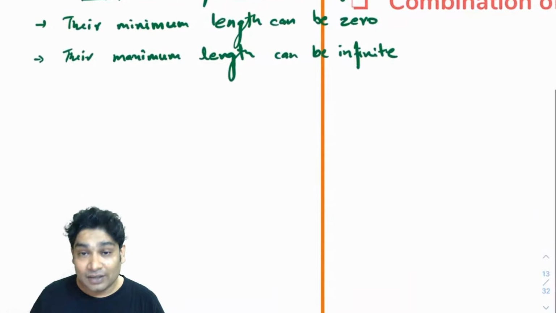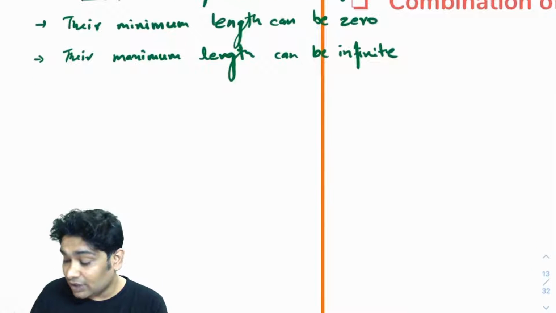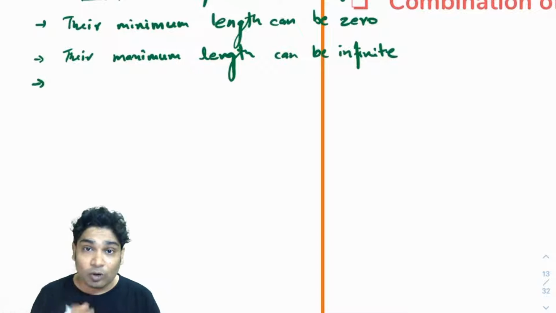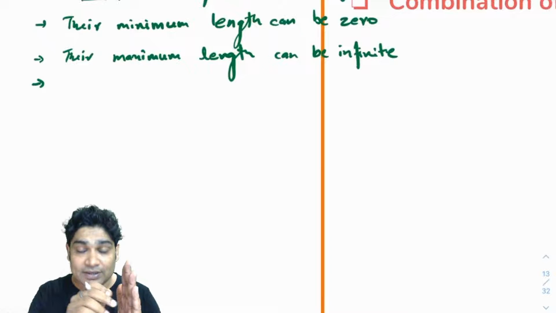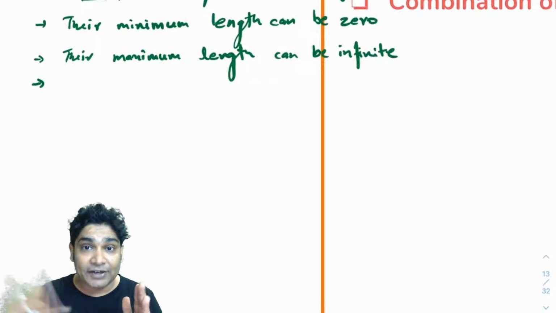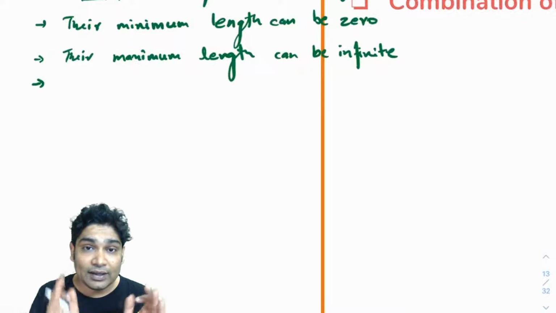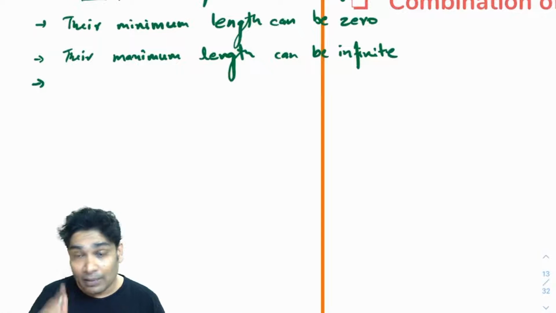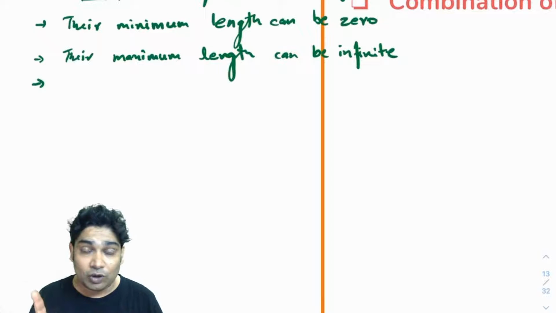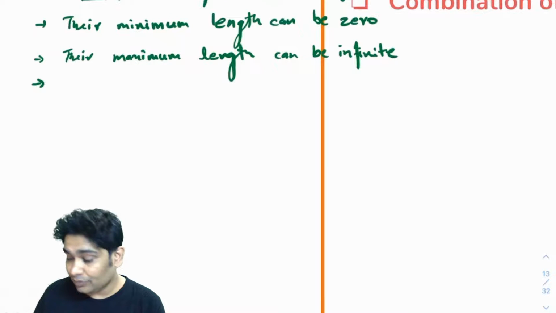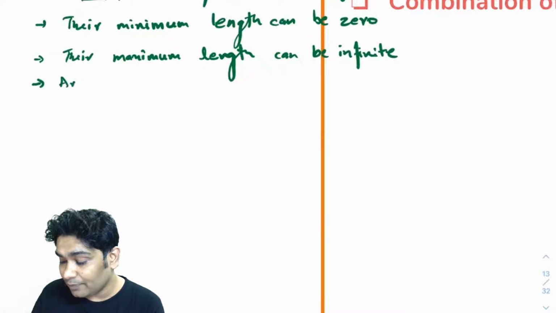Okay. Next thing, obviously, an ideal spring will always keep on following Hooke's law. In real springs, the problem is, as I said, over a period of time, every spring will get damaged and it will stop following Hooke's law perfectly. But an ideal spring will always follow Hooke's law no matter what. So an ideal spring,